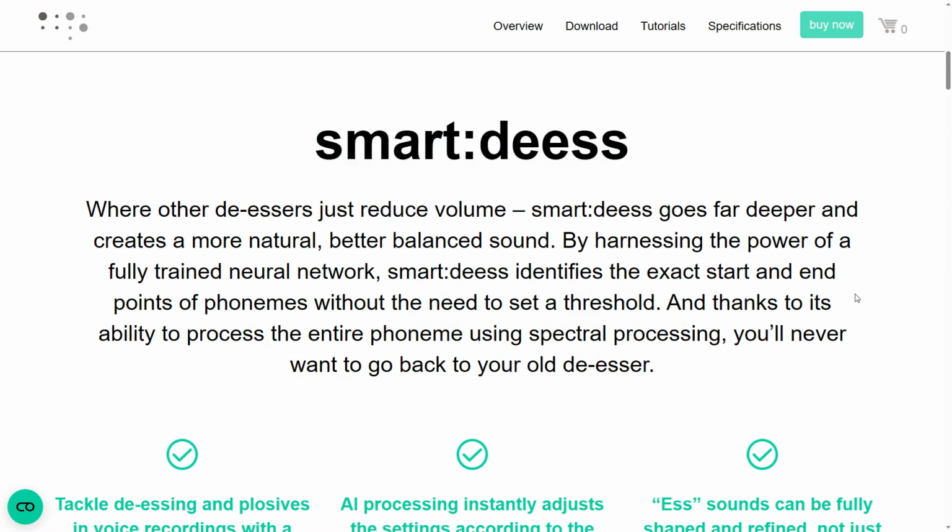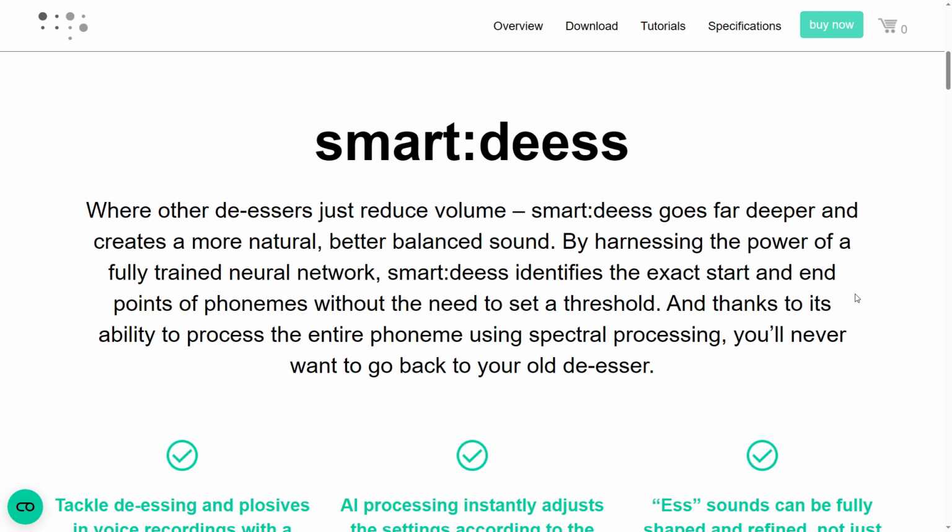All right, Smart Deess. Where other deessers just reduce volume, Smart Deess goes far deeper and creates a more natural, better balanced sound. By harnessing the power of a fully trained neural network, Smart Deess identifies the exact start and end points of phonemes without the need to set a threshold. And thanks to its ability to process the entire phoneme using spectral processing, you'll never want to go back to